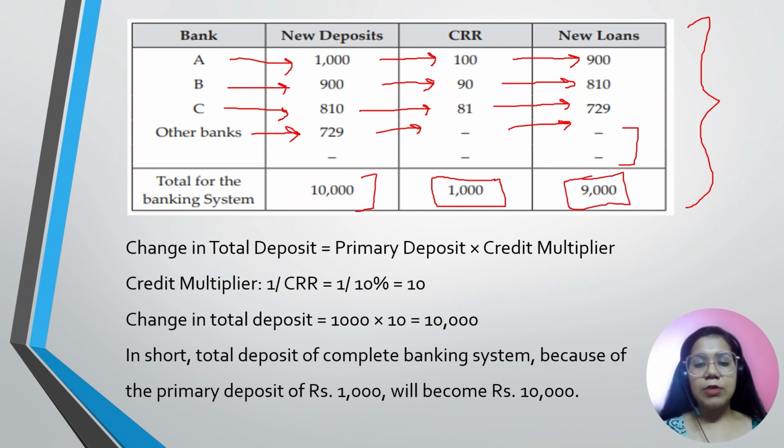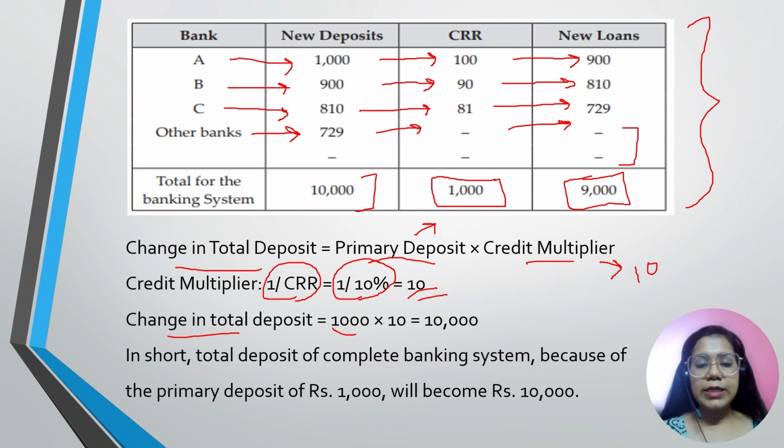So the change in total deposits can be found by multiplying the primary deposit with the credit multiplier. Our credit multiplier was how much? It was 10, and how did we find this? It was 1 upon CRR. So 1 upon 10%, and our credit multiplier was 10. How much was my primary deposit? It was 1000 rupees. So the change in total deposit is the primary deposit, 1000 rupees, into the credit multiplier, which gives 10,000